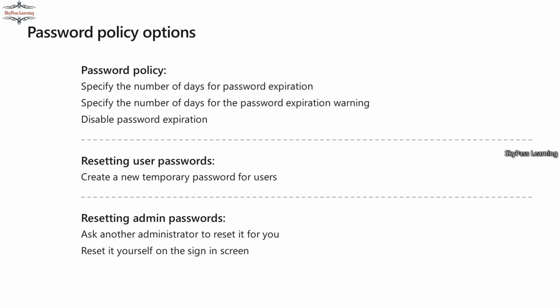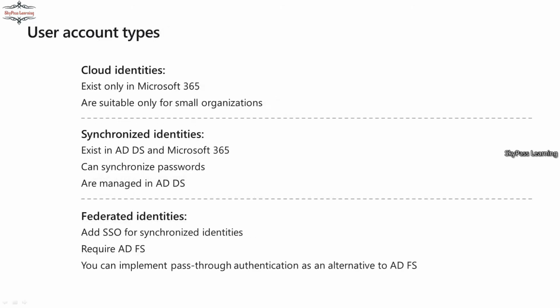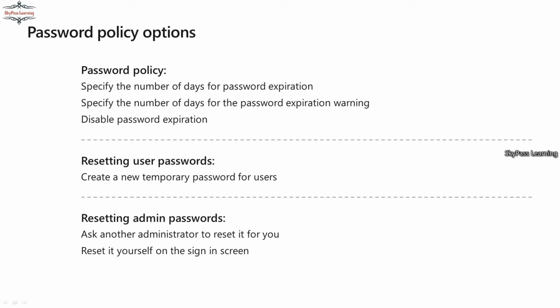Okay, so after this, what else do we have here? We have password policy options. We can configure user password policy options where you can specify a number of days for the password expiration. You can also specify a number of days for warning, like you will be getting a warning message. Normally in organizations 90 days is a standard policy. From some CIS benchmarks etc., it's also recommended. Like for some countries' regulations, normally 90 days is recommended, else it's up to you. As per your organization requirement, you can define these password policy options.